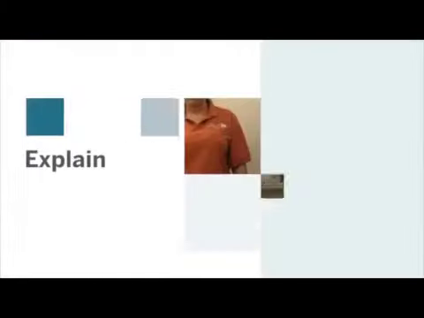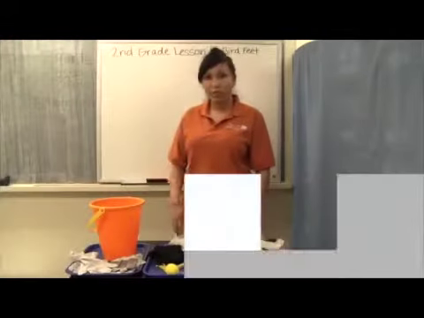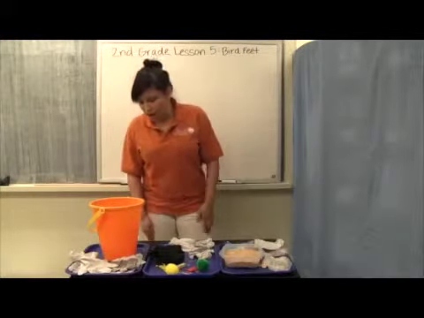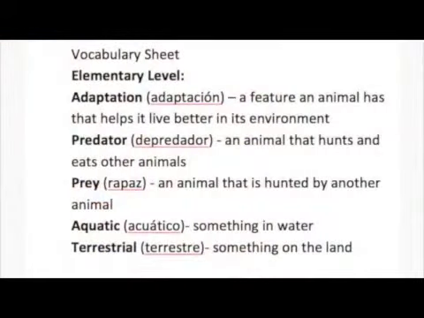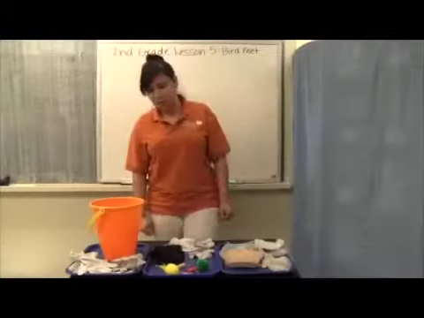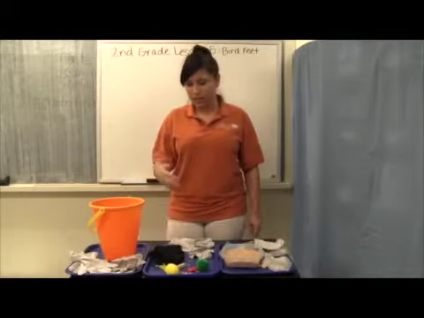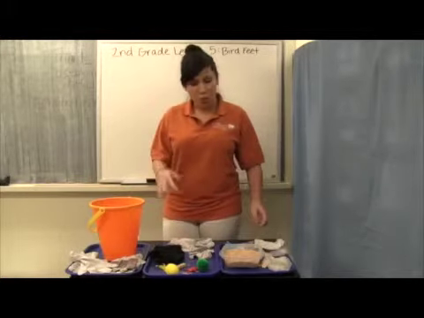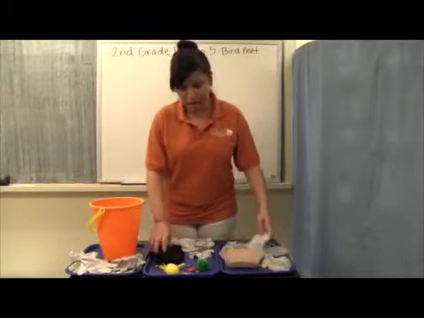Alright, so for the explanation for this lesson, you're going to go over the vocabulary words, which are adaptation, predator, prey, aquatic, and terrestrial. So you'll ask the questions, kind of guiding them where do they see the different predator and prey